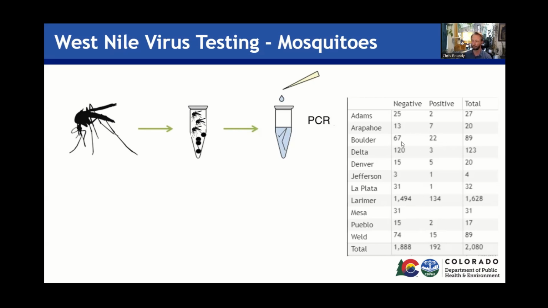And if you look at Boulder, for example, about a quarter of their mosquito pools were positive. Boulder had a particularly nasty year. Larimer on this chart stands out as doing way more mosquito surveillance than anybody else. A big part of that is because of their collaboration with Colorado State and the EBLE lab. Since the EBLE lab is able to do testing through their lab, they're able to do much more than other